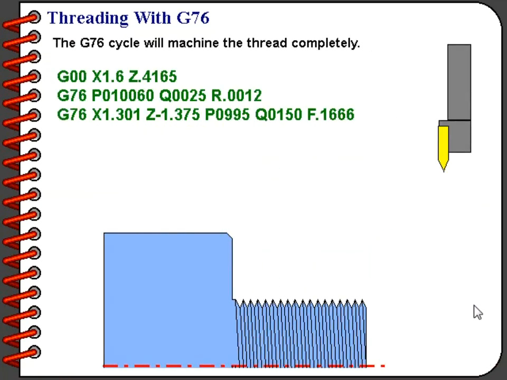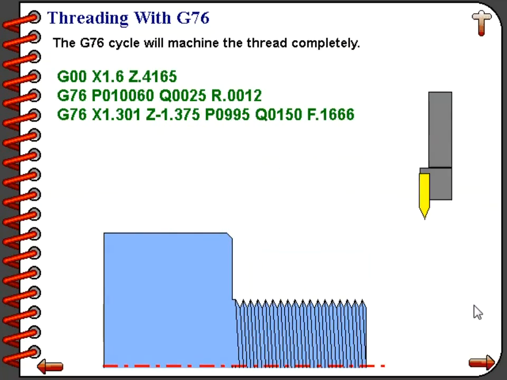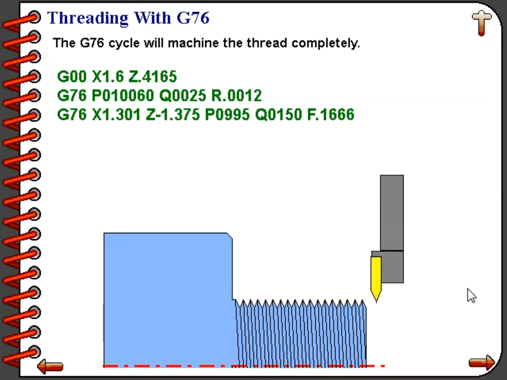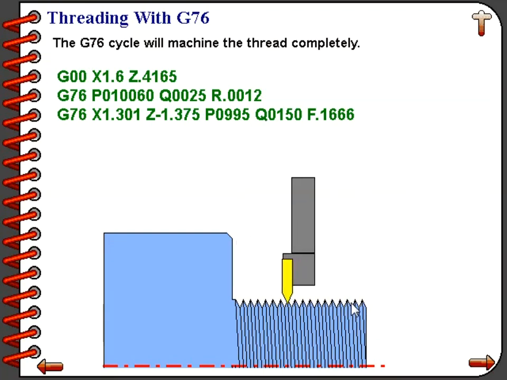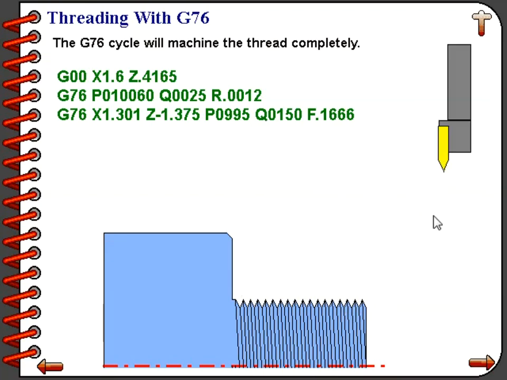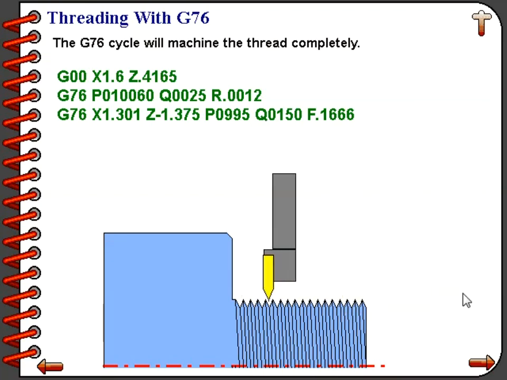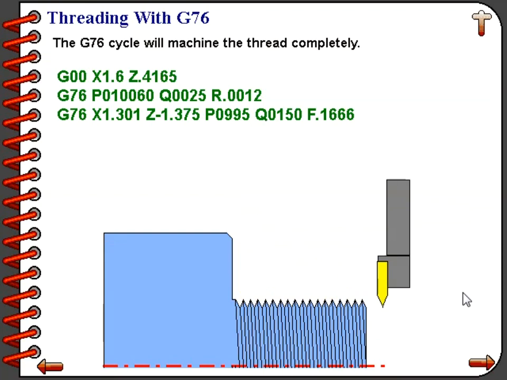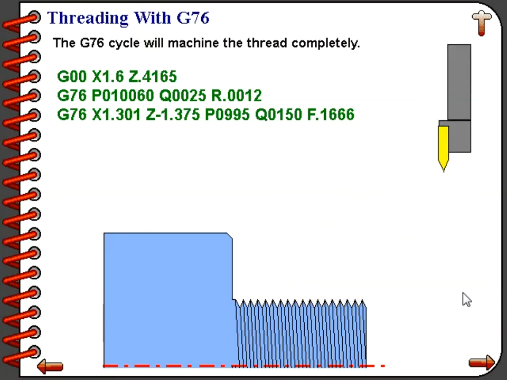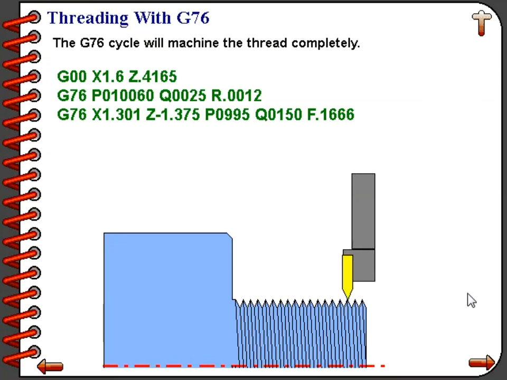The G76 cycle will perform most of the work for us. Here you can see the threading tool coming along and cutting the thread on the workpiece. You'll notice that the V shape of the tool is going to create the V shape of the thread. Threading is a simultaneous roughing and finishing operation. In almost all situations, the roughing and finishing are performed with the same tool. There are rare instances when you need to rough with one tool and finish with another, and that can be